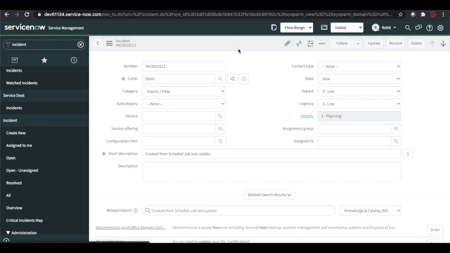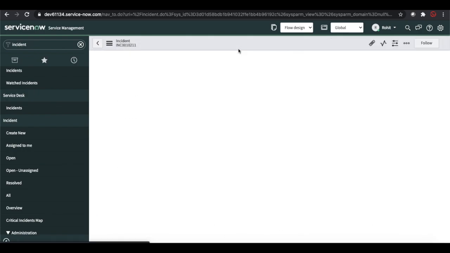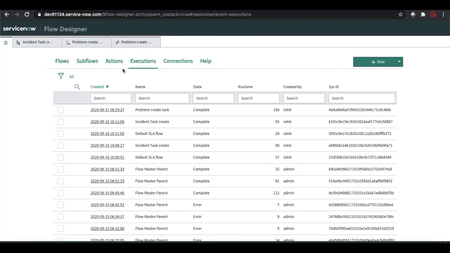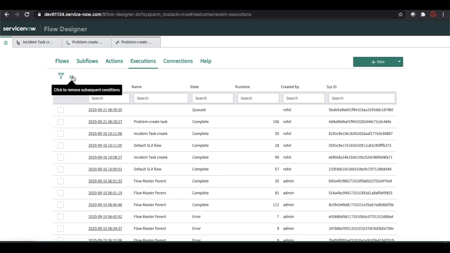So let's save that for 10211, and if you go here to Flow Designer and click All, you will be able to see that.